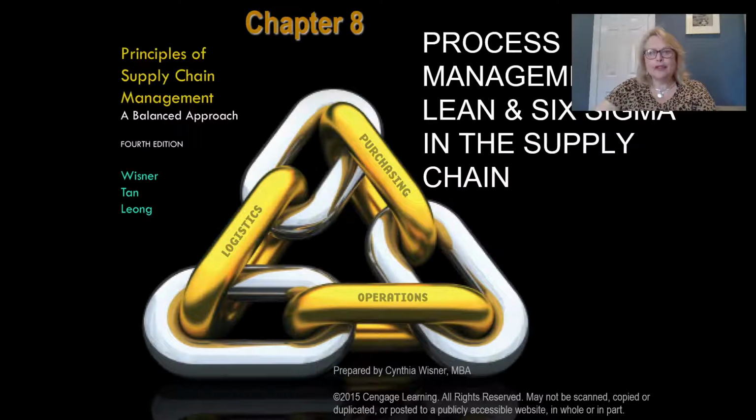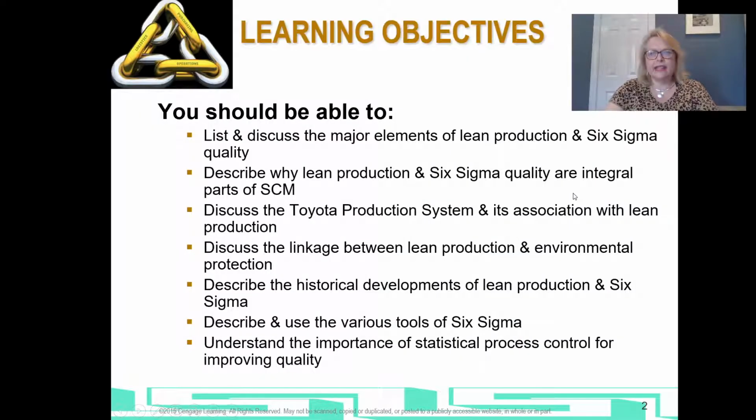Hello, now we're going to talk about Chapter 8. Chapter 8 is about lean manufacturing and Six Sigma. So we're going to talk about lean and Six Sigma in the supply chain. When we're finished with this chapter, you're going to understand the difference between lean and Six Sigma, which is on